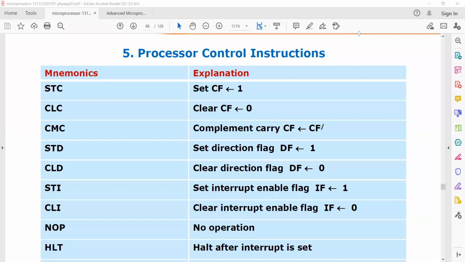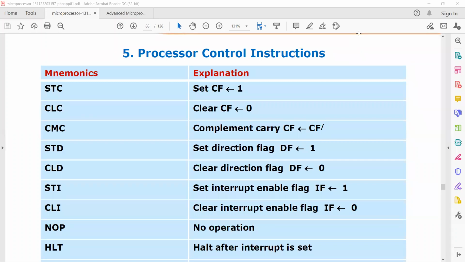After performing any arithmetic or logical operation or any data transfer operation, the status of the processor will be indicated by the status register of the processor. We have a register called the flag register or status register that indicates the status of the processor.